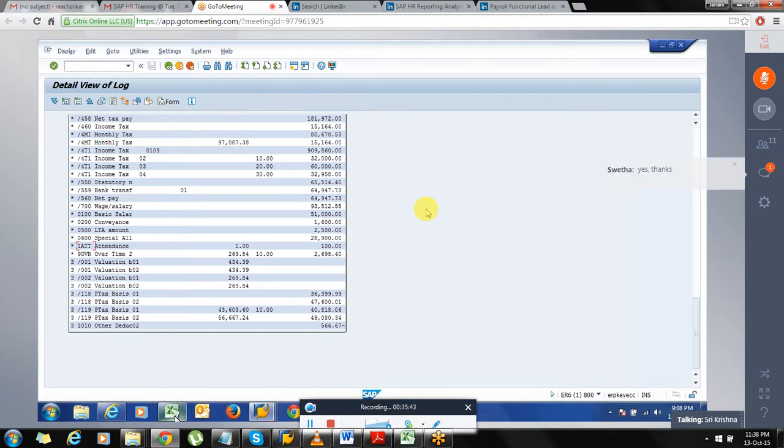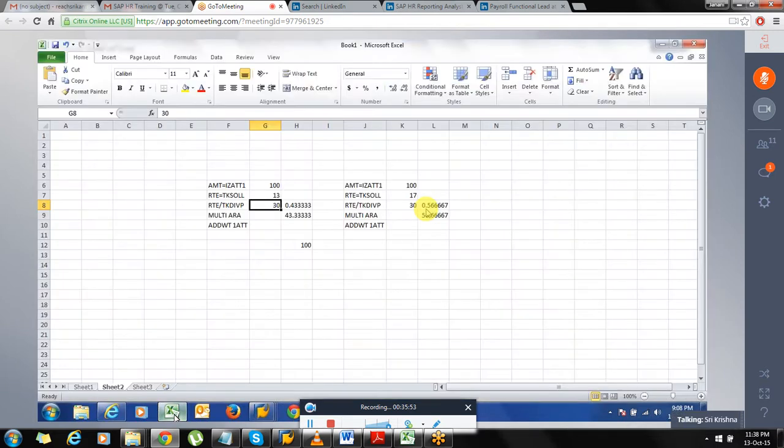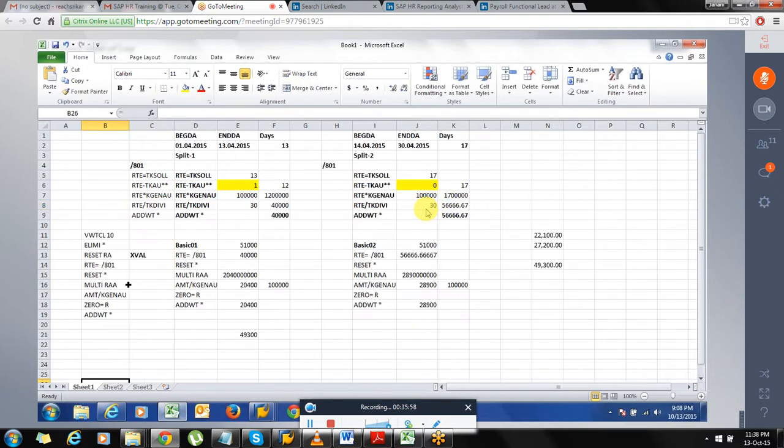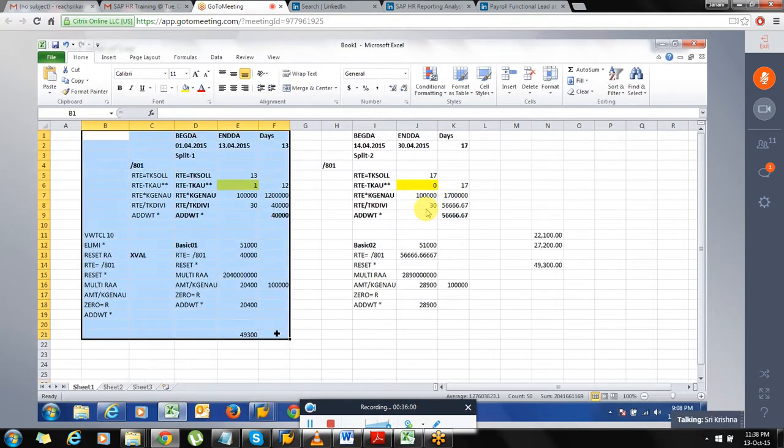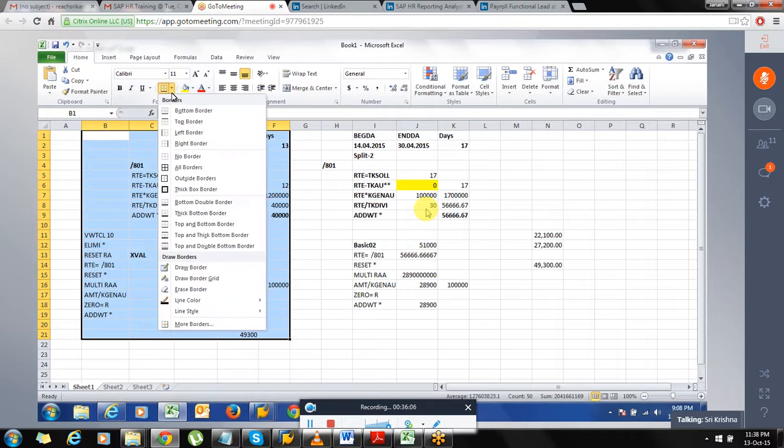So these are the two things. If you want, I will share this Excel also, but we have to understand again, because if you want to understand each and every bit, you have to put it in Excel. But every time we won't do it, once we got a clear understanding of what factoring was doing.